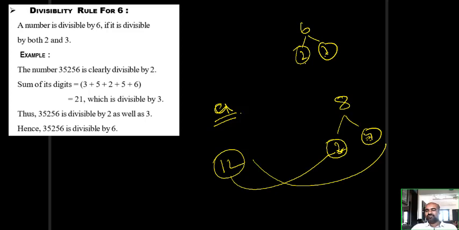What is the meaning of that? If a number is divisible by 2 and divisible by 3, the number is divisible by 2 into 3 because these two are co-primes. If these two are co-primes, you can apply it. Something x is divisible by a and divisible by b. If a and b are co-prime, this x is divisible by a into b also. So don't confuse: a number divisible by 2 and divisible by 4, you can't say that number is divisible by 2 into 4. If these two are co-primes, then okay, but these two are not co-primes.